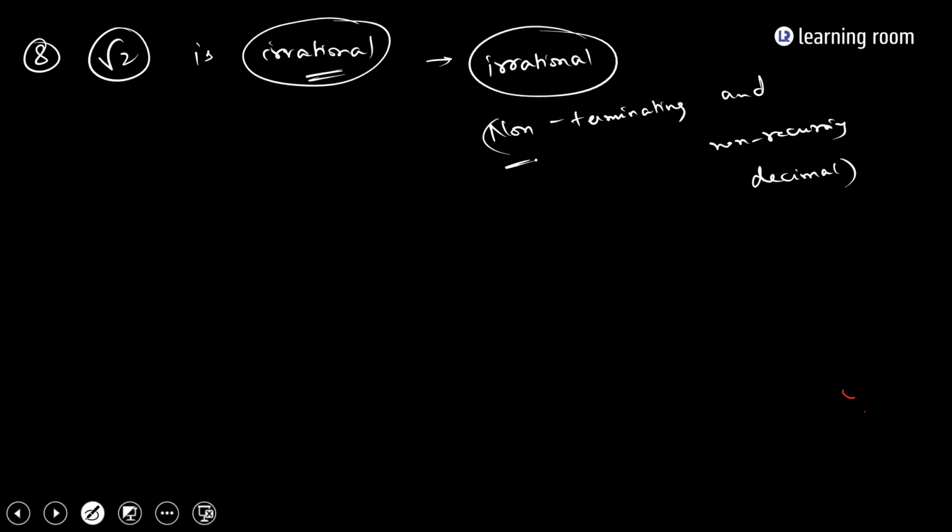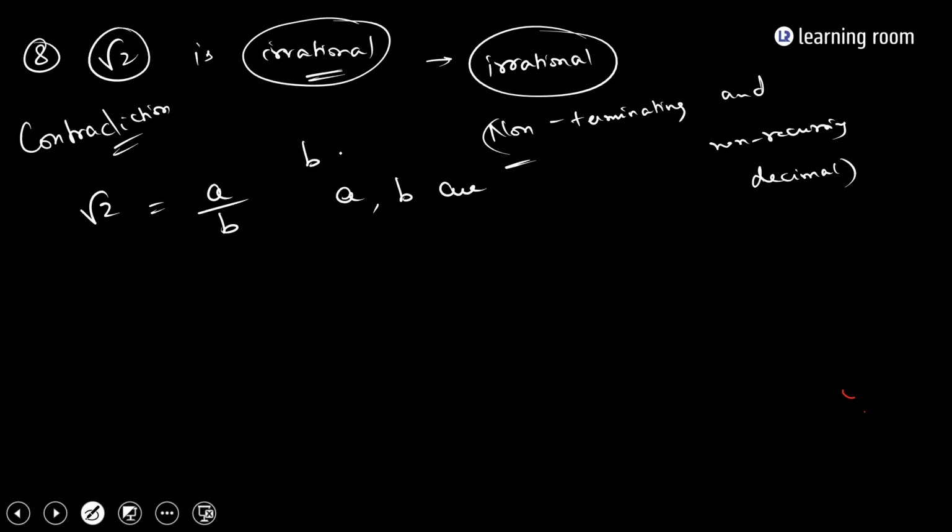Now, what are we supposed to do? We need to prove that root 2 is an irrational number. You people told me immediately that root 2 is taken as a by b. So what method are we actually following here? What is the name of that method? Contradiction. So we are going to contradict. Whenever you need to prove something using contradiction, first, what do we need to assume? We need to assume that something is true. So what are you going to assume? That root 2 equals a by b is true. You are assuming that root 2 is a rational number such that b is not equal to 0